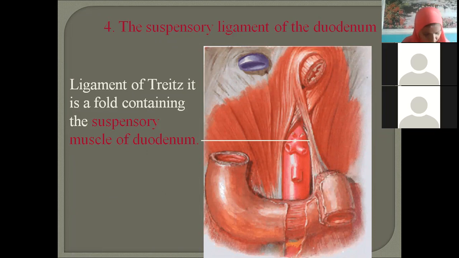Hemalata? Yes, ma'am. So this is the ligament of Treitz. This ligament extends from the first part of the duodenum to the fourth part of the duodenum. It contains a suspensory ligament which will hold the duodenojejunal flexure. Remember the code DJI: duodenum, jejunum and ileum. So this flexure is at the last part of the duodenum, and from here you have the jejunum. So from the first part of the duodenum till the duodenojejunal flexure,